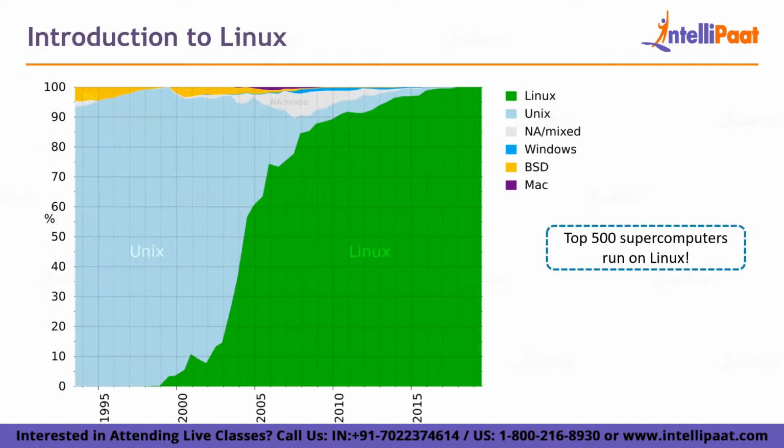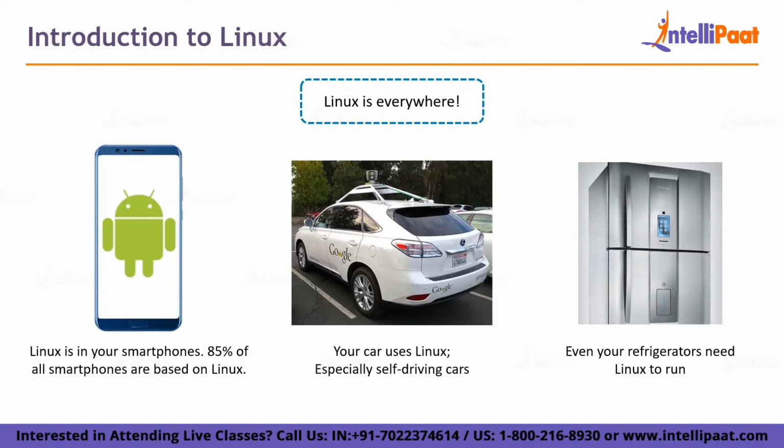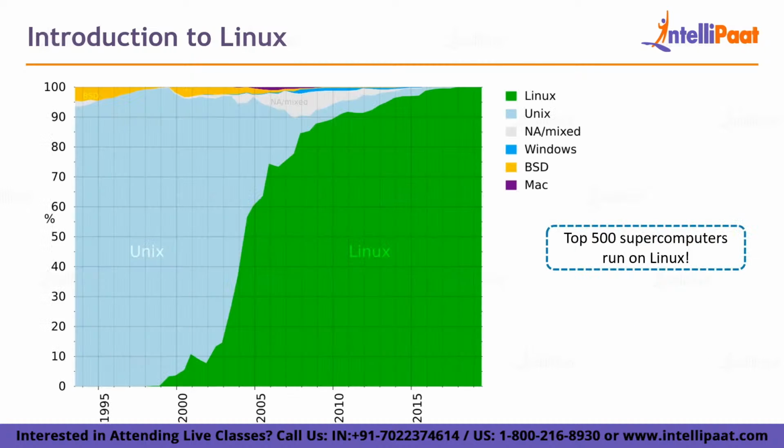Okay, so coming to why Linux is so popular, I would have told you cars use Linux, your smartphones are on Linux, even your refrigerators use Linux. There are so many other possibilities, your microwave ovens, and there are so many devices which might be using Linux. So now let us look at the supercomputers. You might be thinking, okay, so they are on Linux, but why not Windows? Why shouldn't I keep Windows and use the Windows operating system to do all that?